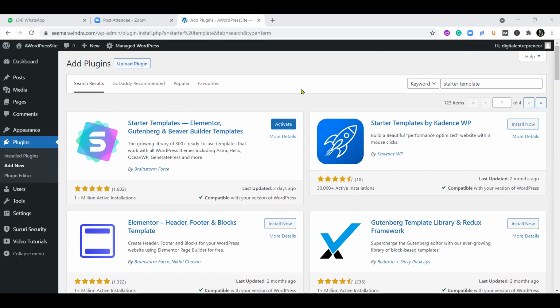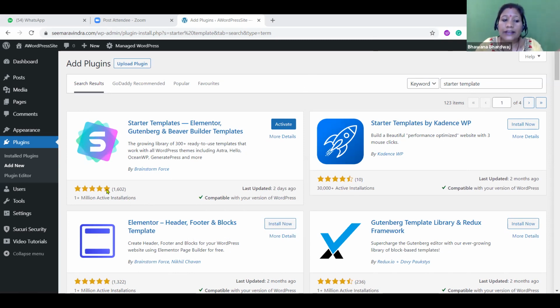So in the starter template, which one do I have to install? There are 4-5 options that have come. No, the first one, this is by Brainstorm Force. Sushil is saying do later, Nayan is with me, Rakesh is saying later. Starter template by Brainstorm Force. Yes. Whenever you are installing any plugin or any theme, you should check that it comes from a reliable source. Like this is one of the reliable sources. You can see the number of star ratings.